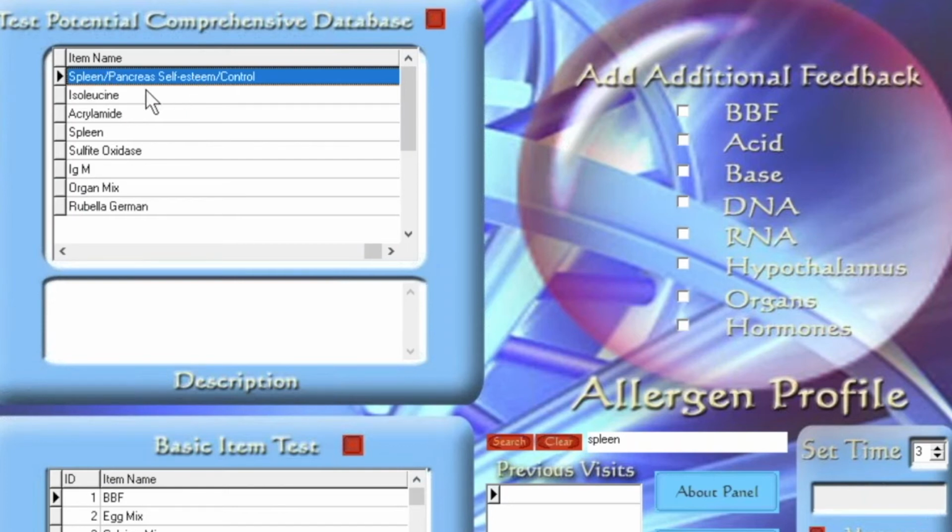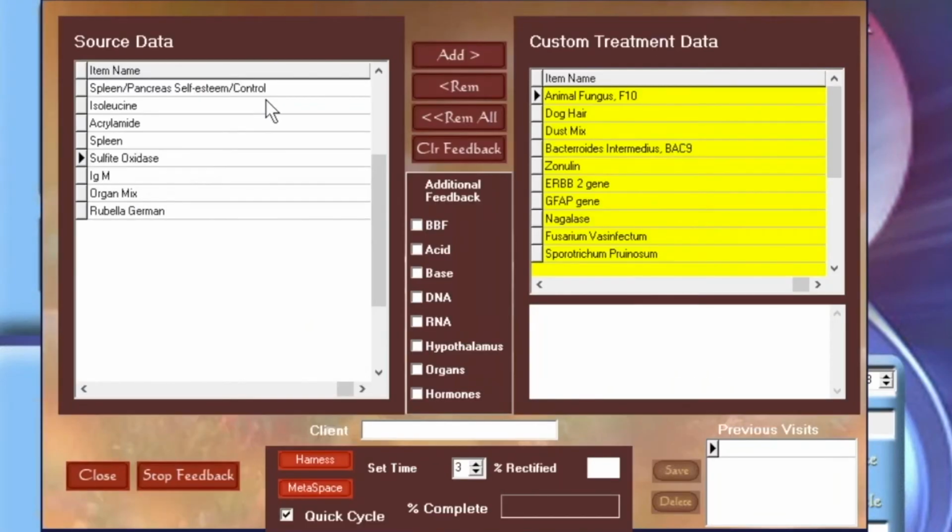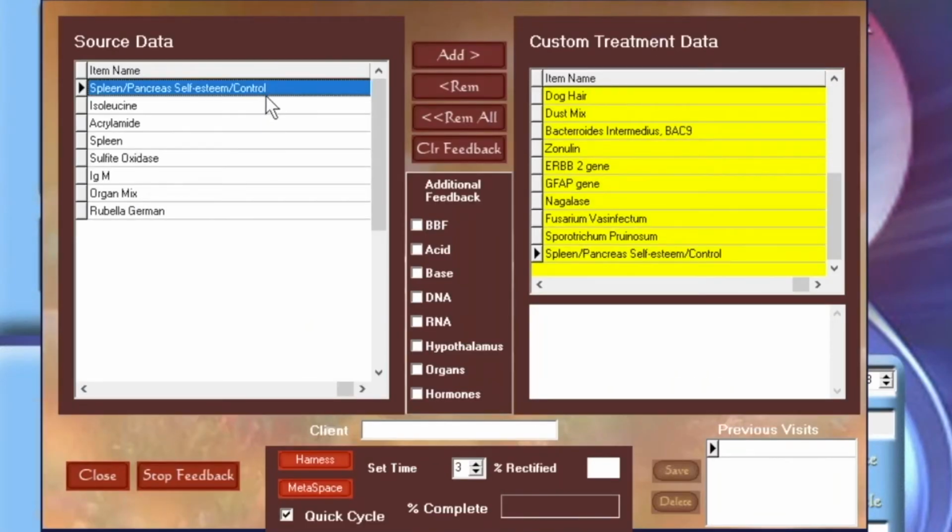So actually, the spleen, pancreas, self-esteem, control, that was the highest in a scan result. I don't know exactly where it is. It doesn't show where it is. You'd have to look for it. But because it is so high up, it's certainly something that we could add, because it makes sense according to self-acclaimed,